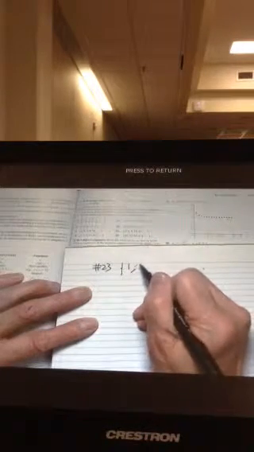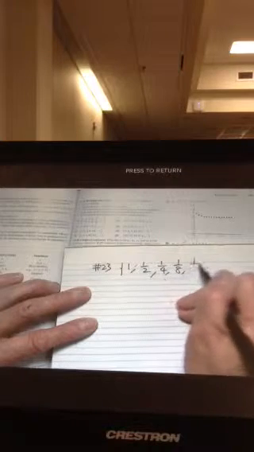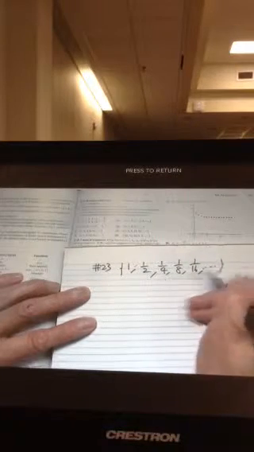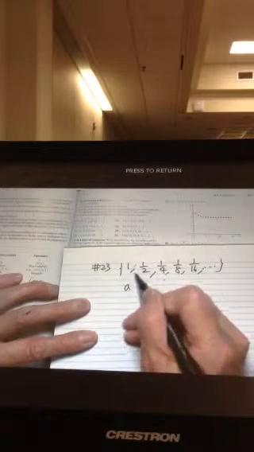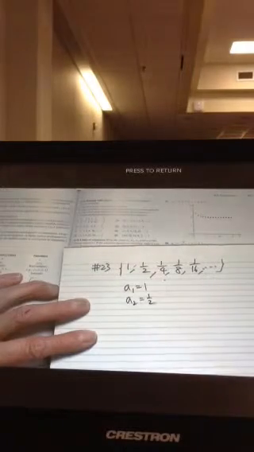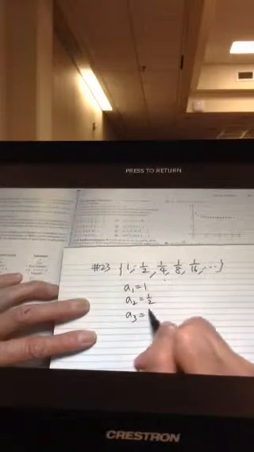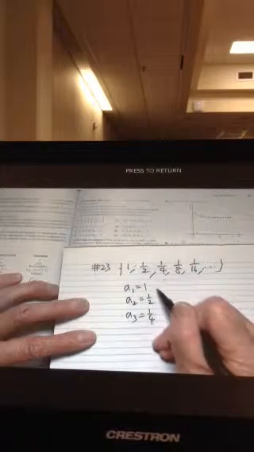Why? Because the sequence is 1, 1/2, 1/4, 1/8, 1/16, right? If I look at this, it's so obvious. The a_n, okay, the first term is 1. The second term is 1/2. The third term is 1/4. So what should this be? You see, this looks like